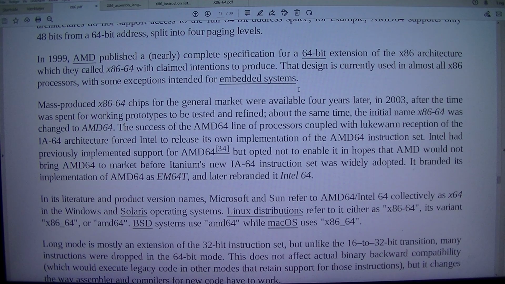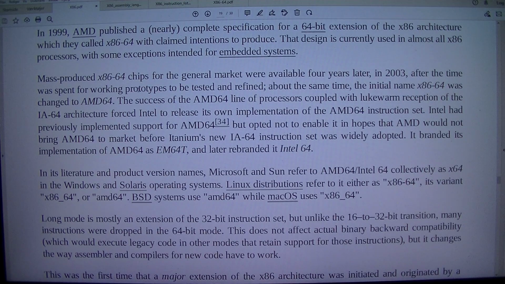Mass-produced x86-64 chips for the general market were available 4 years later, in 2003, after the time was spent for working prototypes to be tested and refined. About the same time, the initial name x86